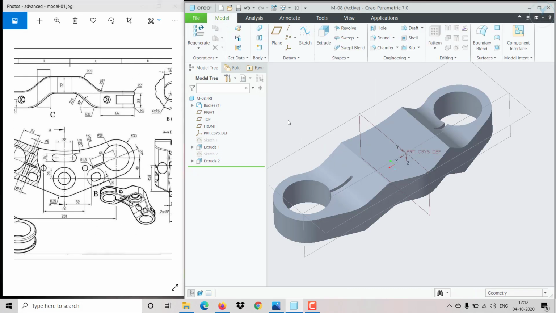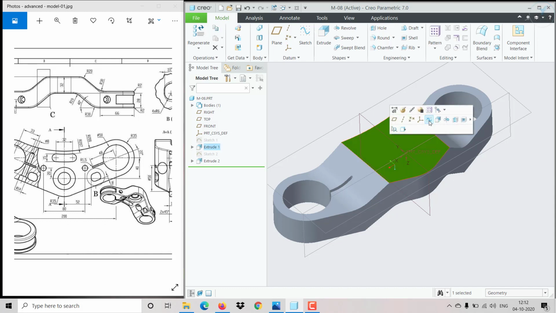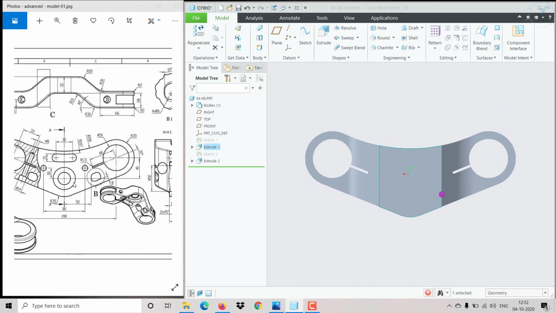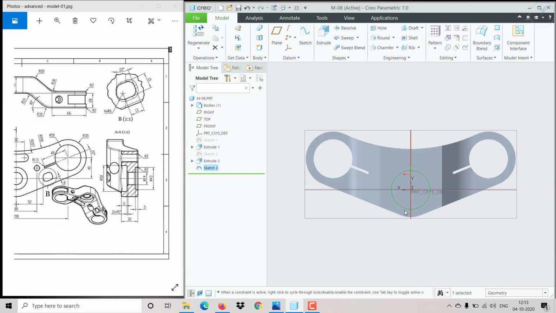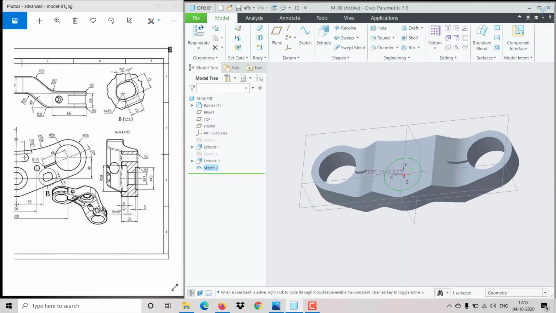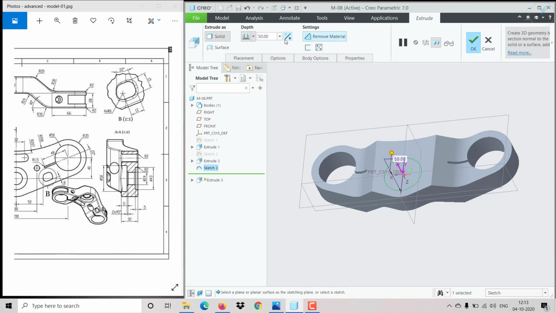So next we are going to make this cut over here. So selecting the top face, click on this sketch. In this we can't see the dimension, so come over here, here we can see the dimension. First we can make a dia 50, so click on circle, select exactly on the center, escape, so give the diameter as 50. Okay, so this is going to a depth of 11 mm, so extrude, remove material, flip,